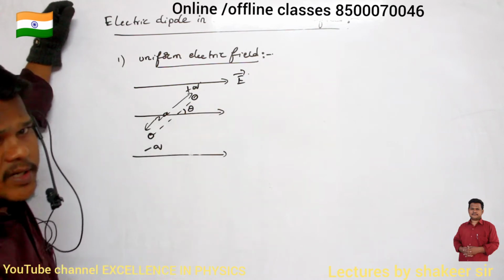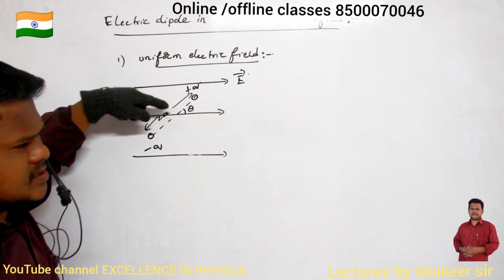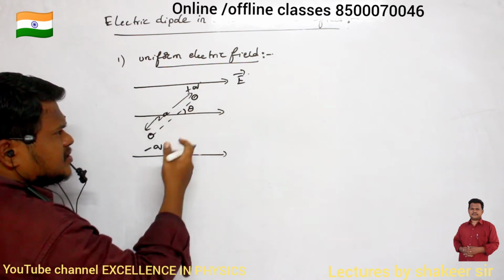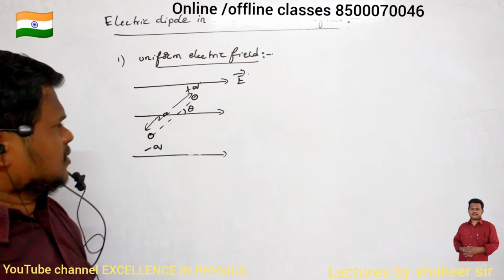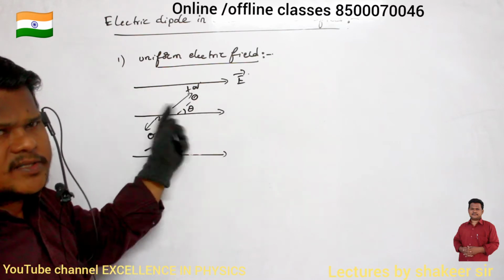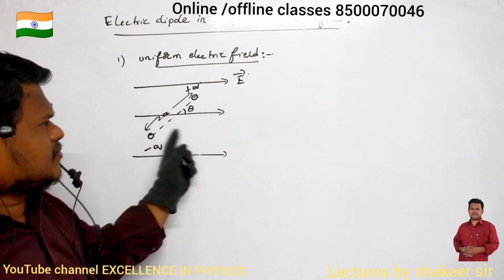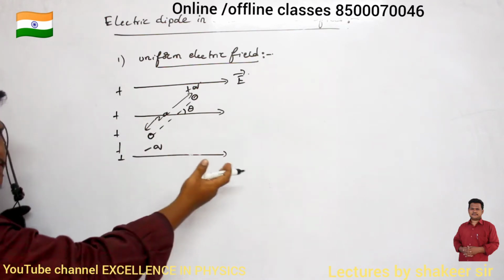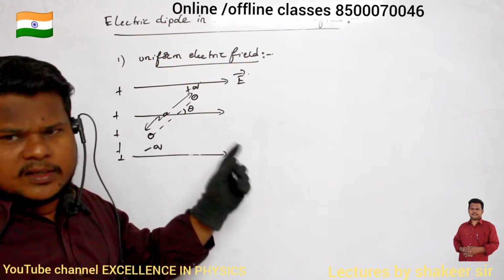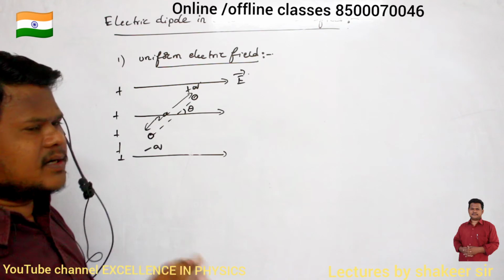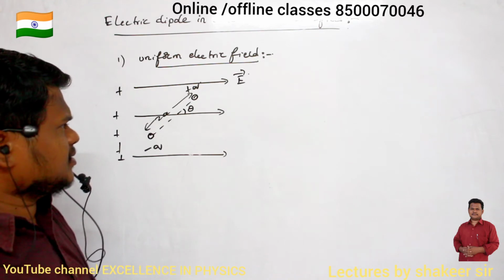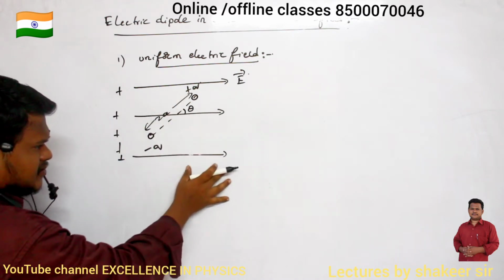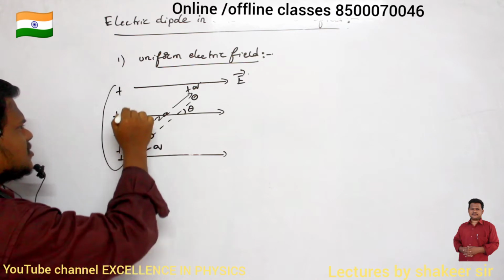Now can you say in which direction the positive charge will experience force? A dipole is a combination of two charges, positive charge and negative charge. The positive charge of the dipole experiences force in which direction? If the electric field is in this direction, it means positive charges are present on this side. That is the meaning of electric field. Already we have studied that. Basics you should be very, very clear. If basics are not clear, you can never understand what is happening here. So if this is the direction of the electric field, it means positive charges are present on this side.